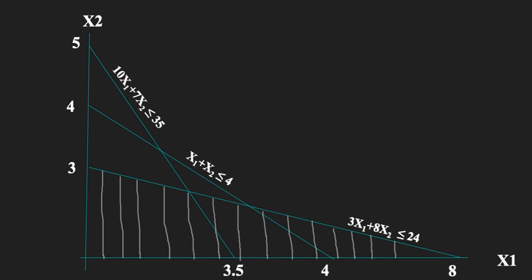Now we are going to take some other pen color. Let me take red. Now we have this here, 5 and 3.5. We have made perpendicular, and now here we are going to make some horizontal lines. So here let me make with the red pen under this, because this is less than or equal to, so all this shading will be below this line, not above the line. Fine. So we are done with the coloring here.